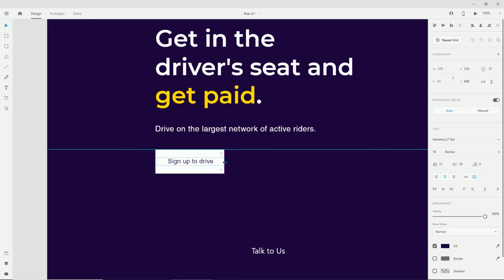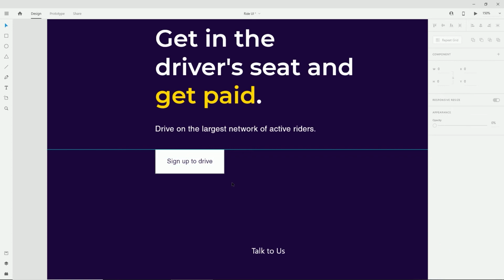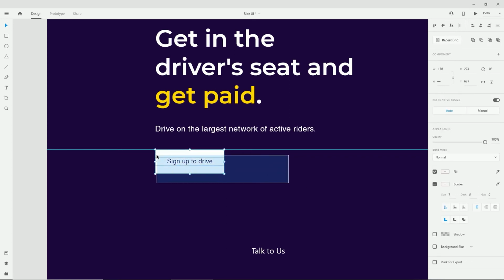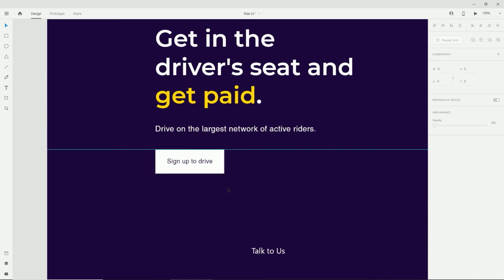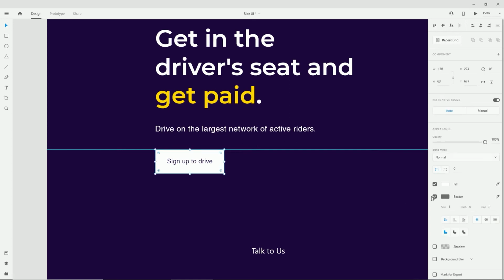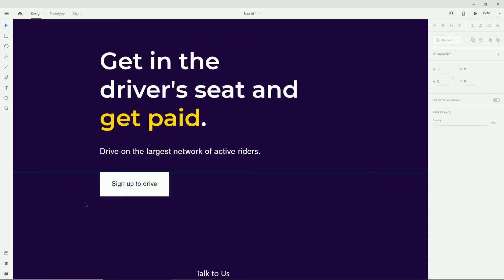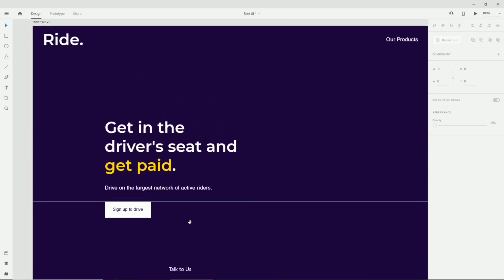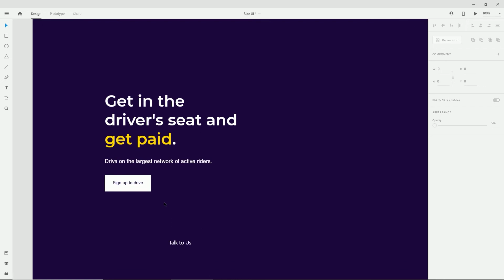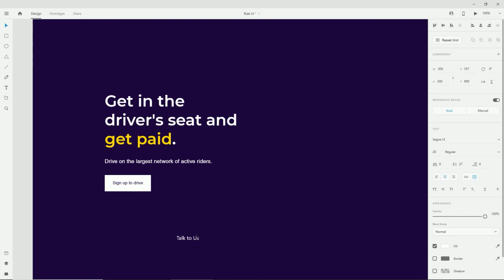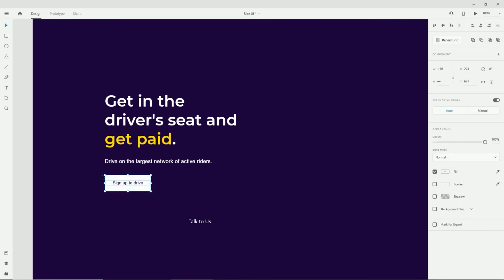Make sure that the text area fits the button so it's in the middle, and I actually can select both elements now and make sure that everything is aligned using the alignment tool. And I don't know if you can notice, but this button actually has a border, so I want to remove that. I will stick to this style of buttons, and I'm actually going to remove this line now because we won't need it anymore.